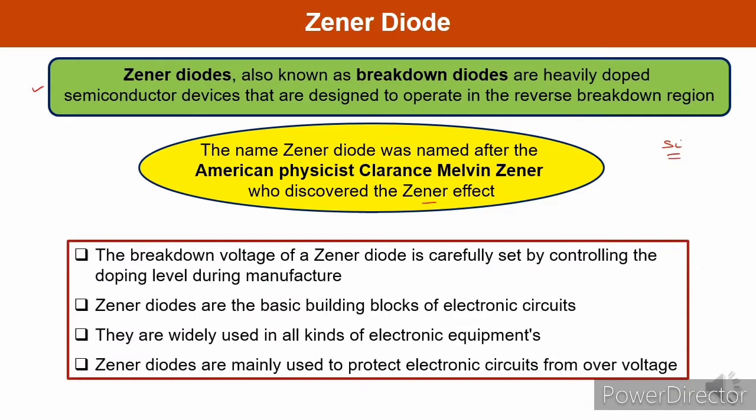Some of the important points which you must remember: the breakdown voltage of a Zener diode is set carefully by controlling the doping level during manufacturing. Zener diodes are the basic building blocks of electronic circuits. They are widely used in all kinds of electronic equipment. Zener diodes are mainly used to protect electronic circuits from over voltage. So all of these points are very important. You must remember them. Moving ahead,